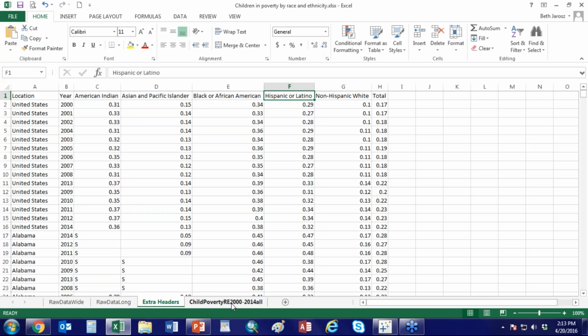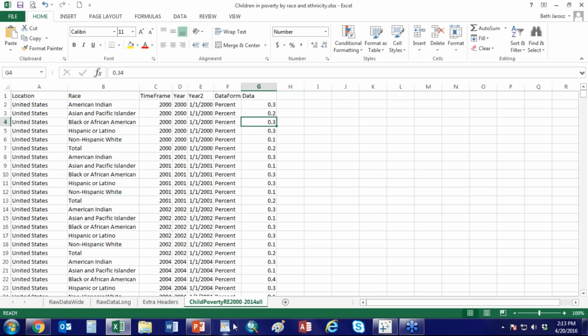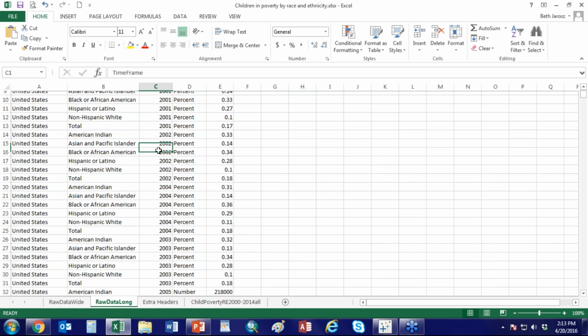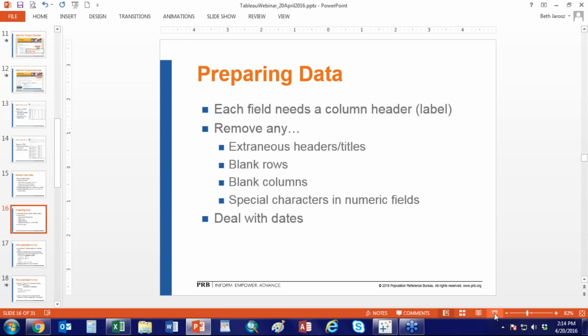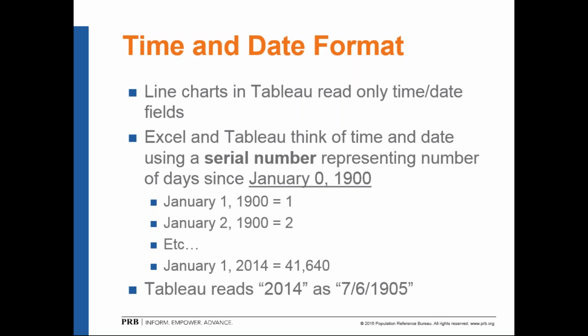And we also want to deal with dates, and this is something that's unique to working with Tableau. The raw data that we download from the Kids Count Data Center has a field for time frame already on it. The problem with that, with respect to Tableau, is that Tableau and also Excel only read time and date fields for time series charts, for line charts. And they think of time and dates using a serial number, not a date. So for example, both Excel and Tableau think of January 1st, 1900 as the number 1, January 2nd, 1900 as the number 2, so on and so forth. January 14th, 2014 would be